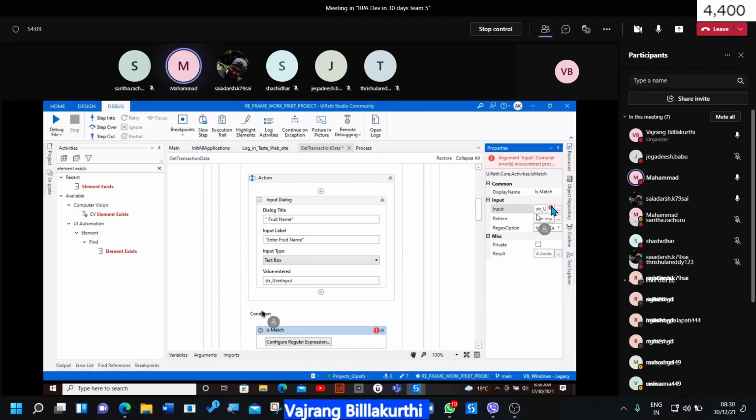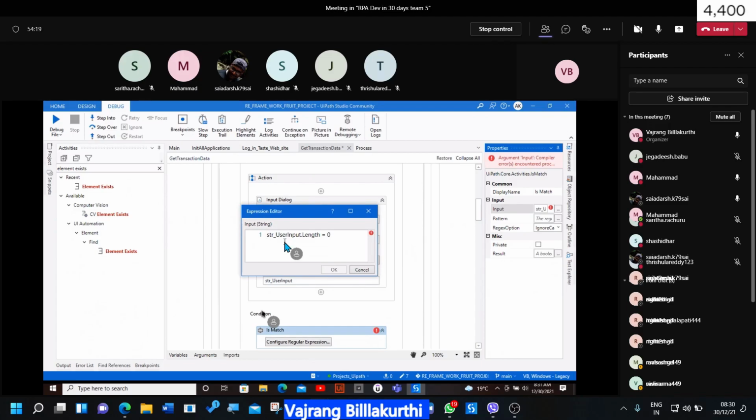But this is throwing an error, cannot convert from Boolean to string. This is actually a Boolean value, it will just give me true or false, so dot to string.